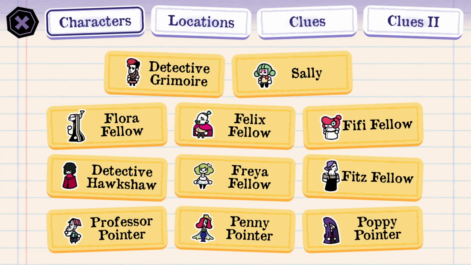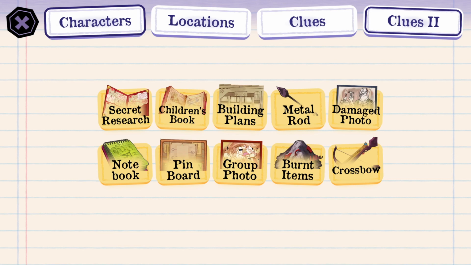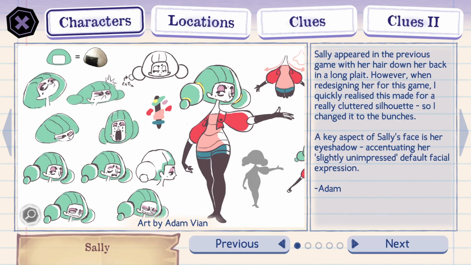Although we do get the filled out art gallery now, apparently. So that's cool. Oh, as well as like a pre-game art. I can't think of the word. Head is shaped like a rice ball. That's awesome. Appeared in the previous game with her hair down her back in a long plait. I thought that might have been her. I haven't actually played that other game. I've just seen pictures from it. And when I saw green-haired girl, I was like,